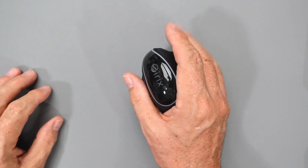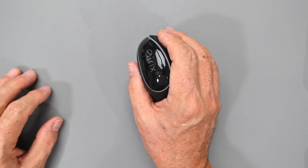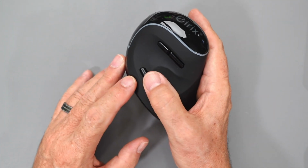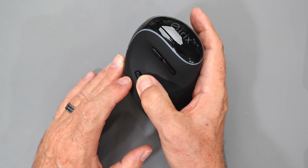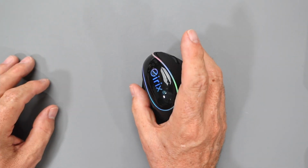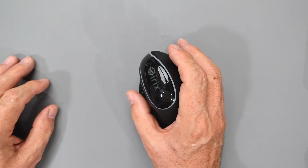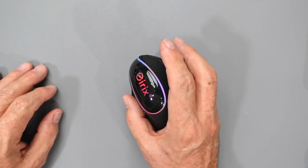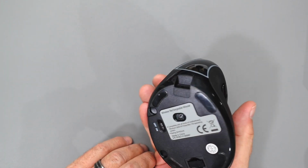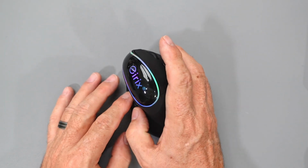And again, it's in the vertical mouse shape, so it's very comfortable in the hand, not to detract from it there. But it turns out that this bottom button is not programmable, and in fact, it only serves to turn the lights on. And you can turn this on. Right now it's on where when I press the button, it turns the lights on. But you also can set this to where it runs continuously. So you have a number of different options that you can do with the lights, just in case you wanted a multicolored